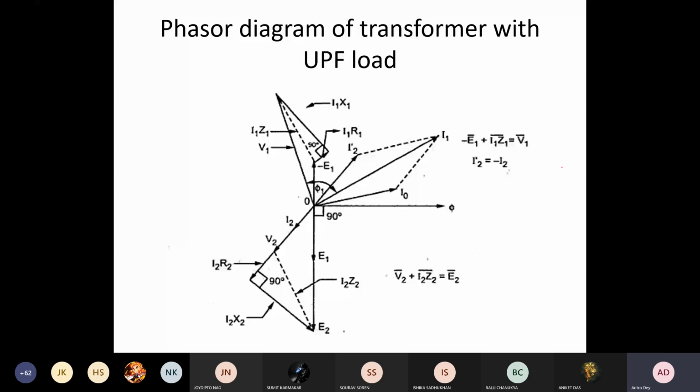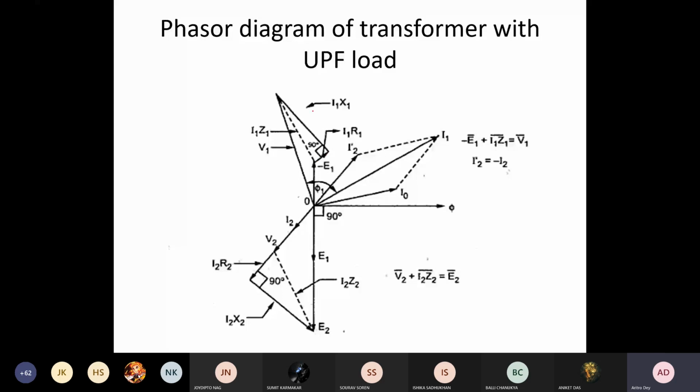So this is your V1. When we draw it, for the ease of drawing, we just take our phi to be horizontal, and this is your E1. So E1 is in this side, so minus E1 will be in that side, and then the drop across I1. What is your I1? I1 will be in phase with your V1. So those things you can take care of,